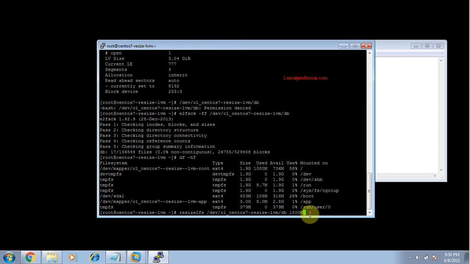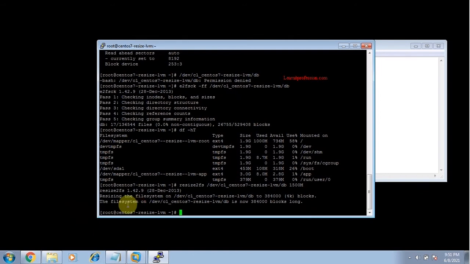It means we are reducing the size of the logical volume db from 2 GB to 1500M. Previously the db size is 2 GB. After reduction the logical volume size will be 1500M. Just press enter.